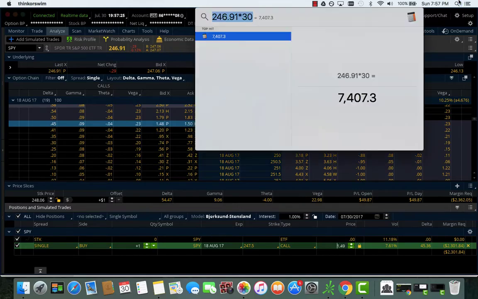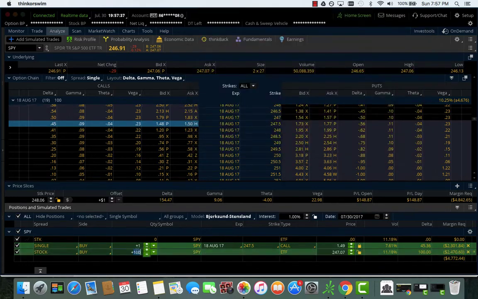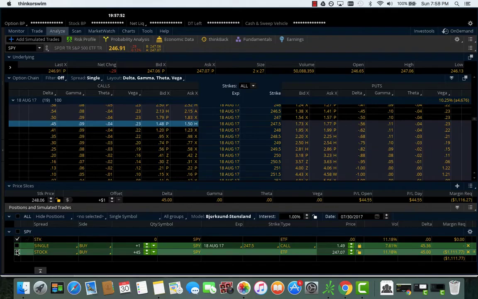So if we want to go ahead and buy 45 shares of stock, that's going to cost us almost $11,000. So again, for about 1% of the price, we're going to get the same price movement. So let's buy 45 shares of stock here. This is the same thing. Look, if it goes up a buck, we make about 45 bucks for the 247.5 45 delta call. If we own 45 shares and it goes up a buck, we make about the same